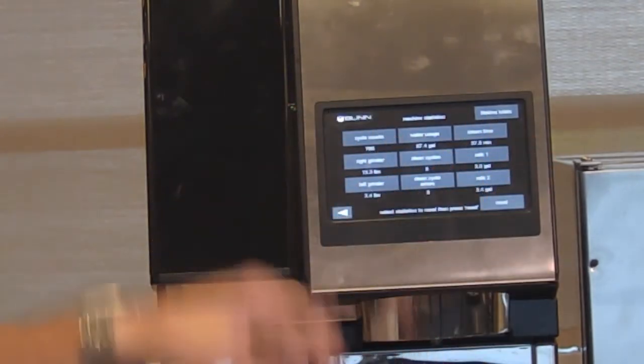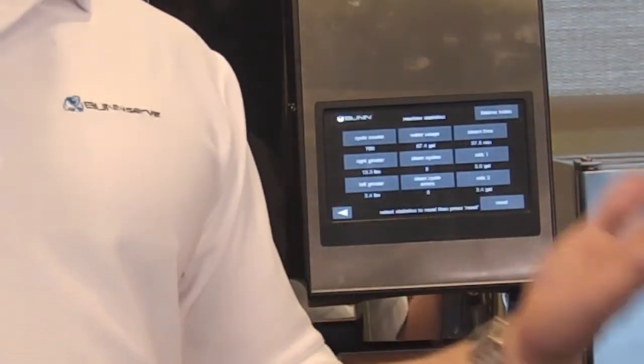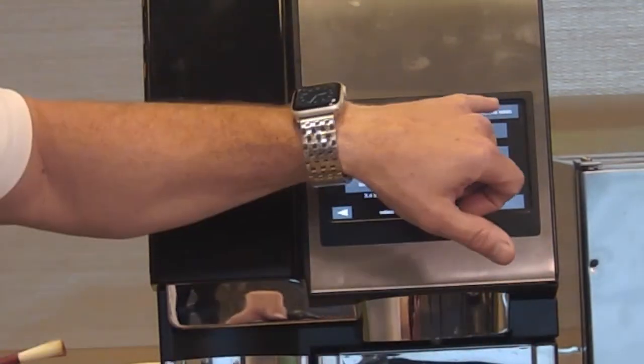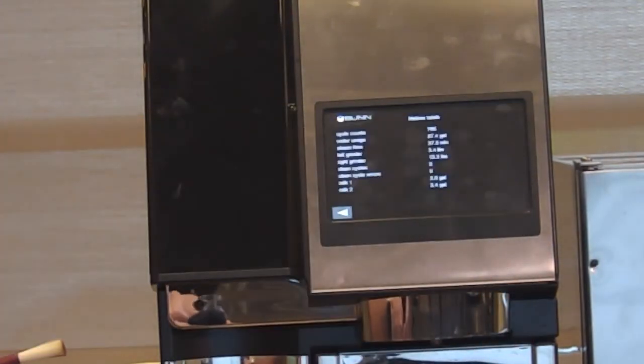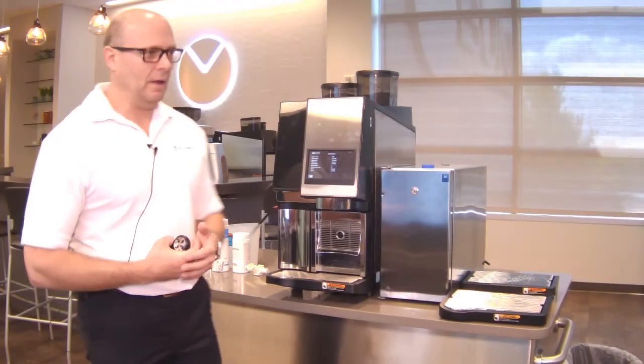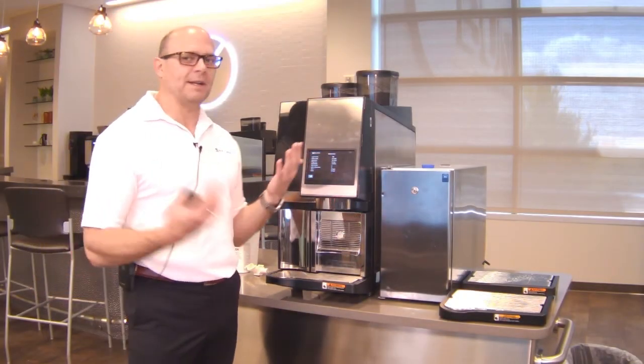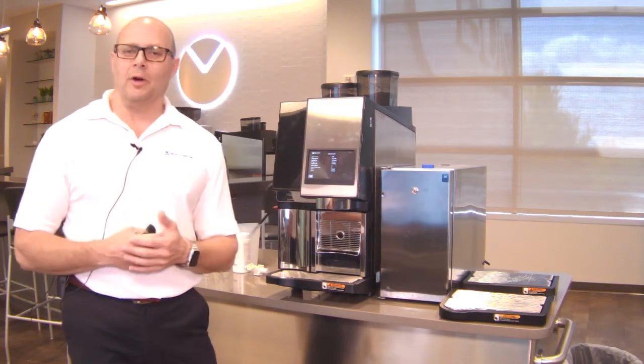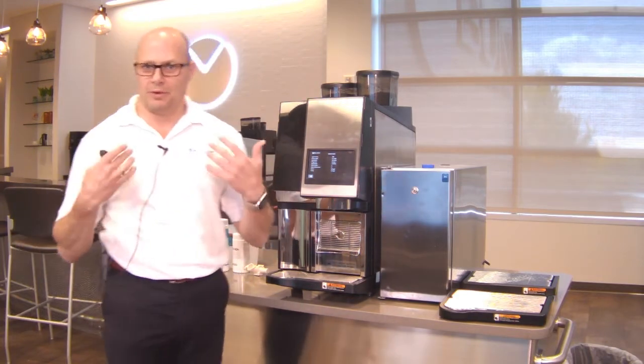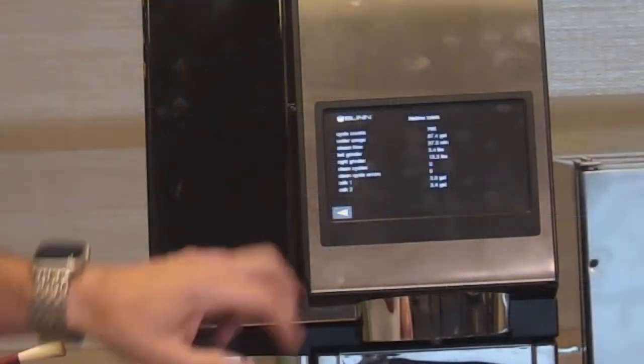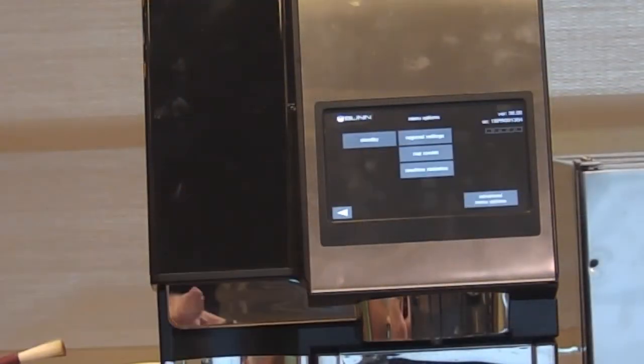Again, the first page is always resettable as a daily one. If you go to the lifetime totals, that is something we cannot reset at all. The technician takes these cycle counts and reports them on the work orders when they report the work back to us. So this is all accessible without any codes, and